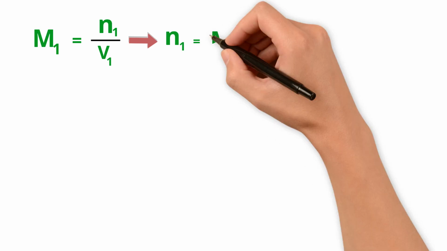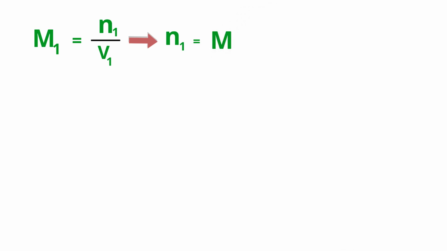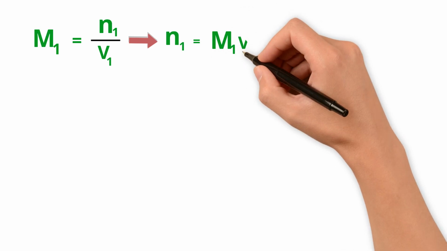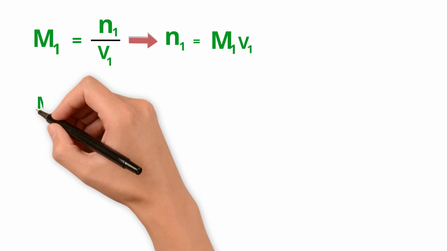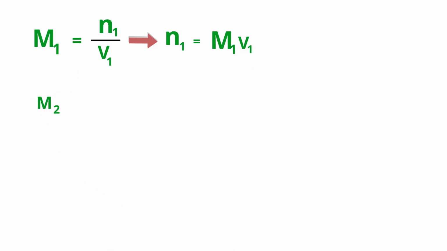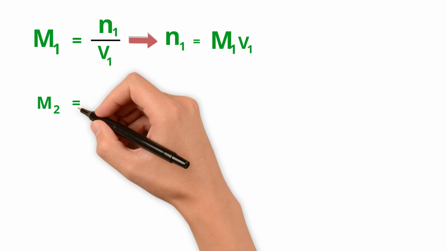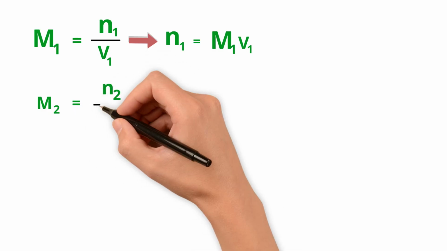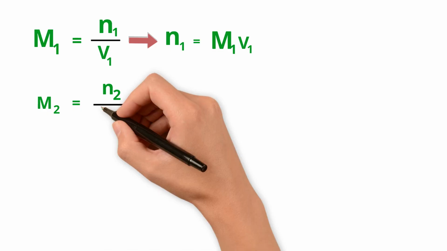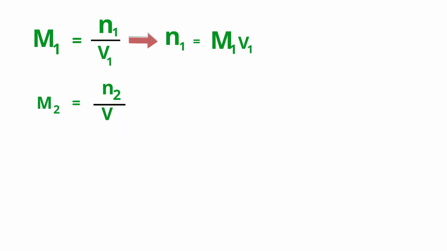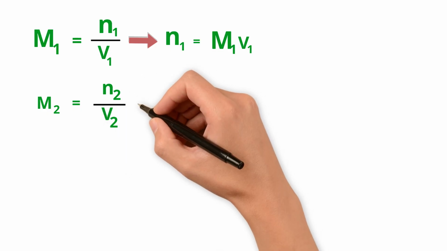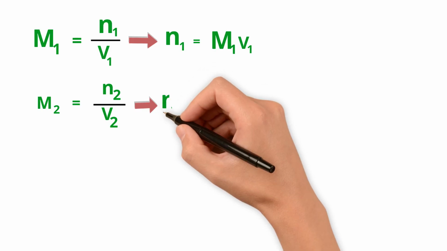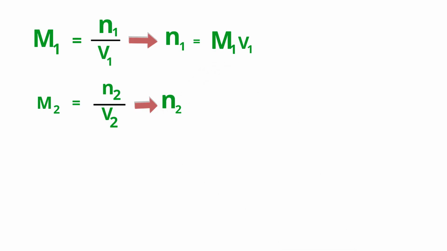Again, M2 is equal to N2 over V2, which implies that N2 is equal to M2 times V2. If more solvent is added,